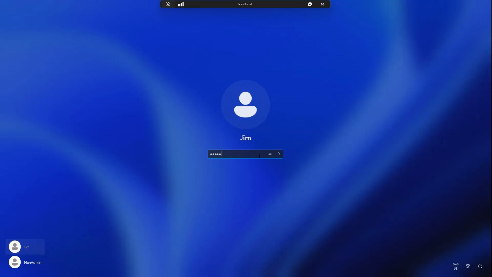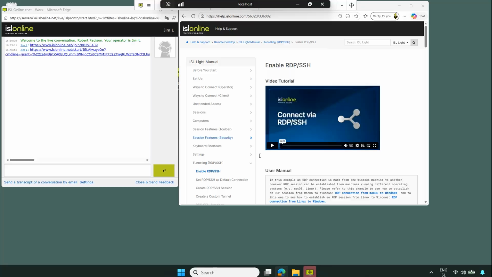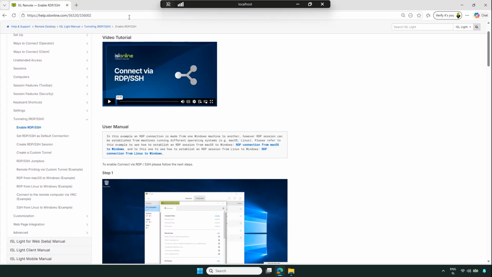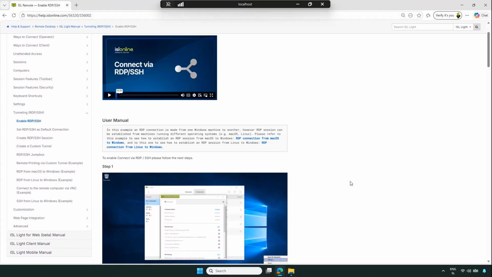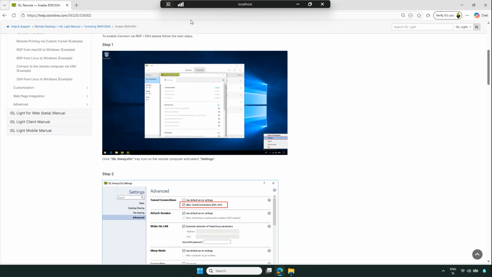And here I am entering the Windows credentials to the remote computer. Sometimes you do that beforehand, sometimes you do that after the fact, but the point is, I am now connected to this computer using the Windows Remote Desktop Protocol, despite not being in the local area network. There's a little configuration involved, we have a guide for that, but once configured, this is the perfect work-from-home setup, and you don't even need to touch your firewall or set up a VPN. ISL Lite takes care of that tunneling for you.